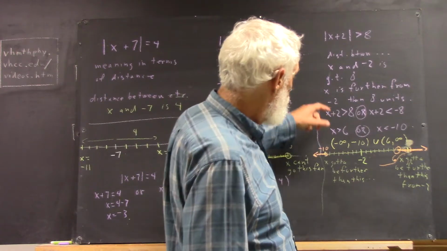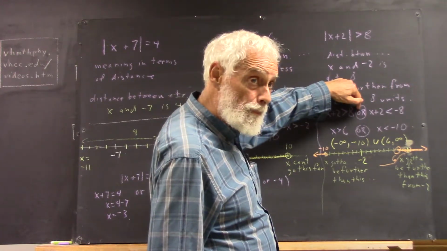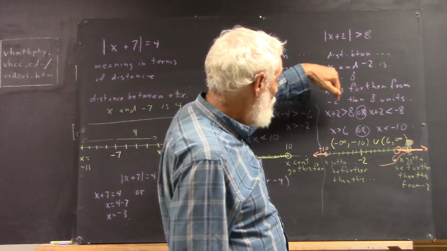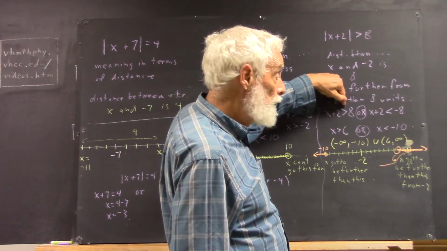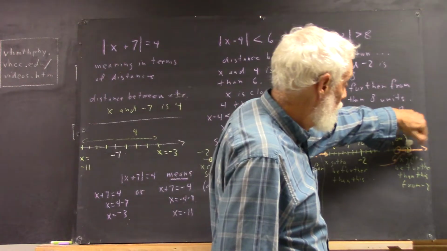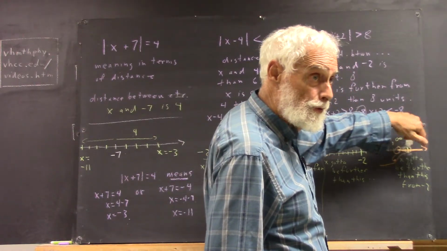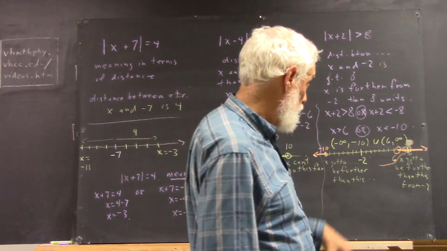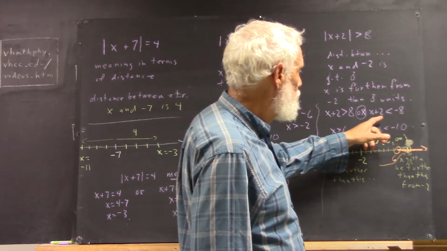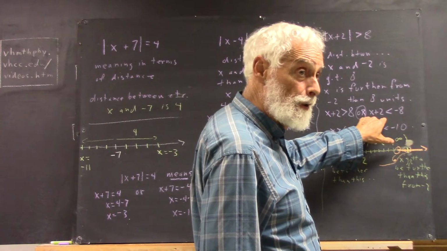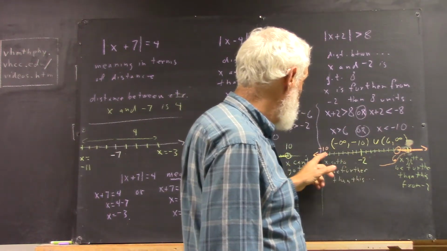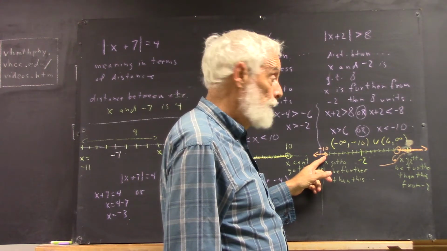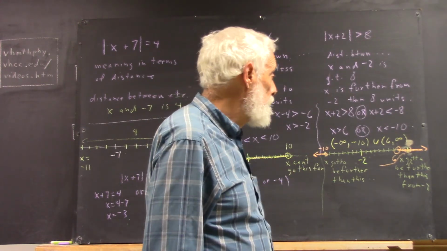Now this is an or because it can't be both. If x plus 2 is greater than 8, then you're out here and you have a solution. You have a point x that's more than 8 units away from negative 2. If x plus 2 is less than negative 8, then your displacement is less than negative 8, meaning your distance is greater than 8. Okay? So this is how we